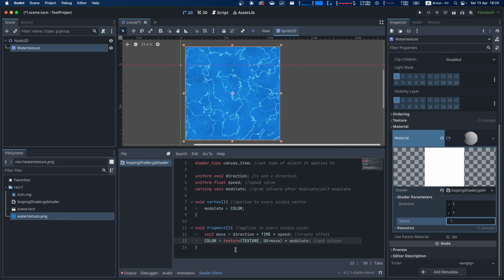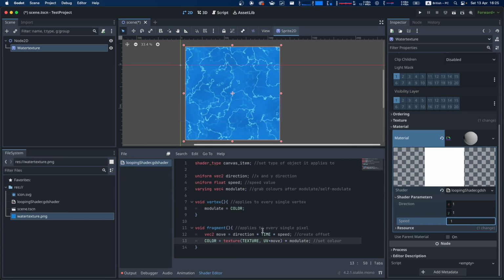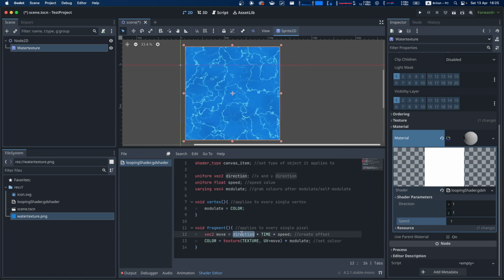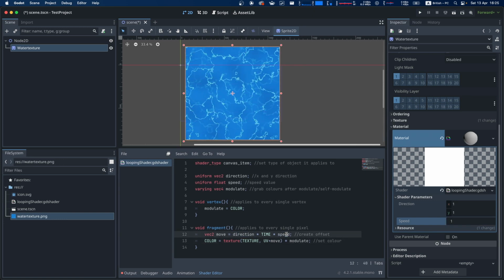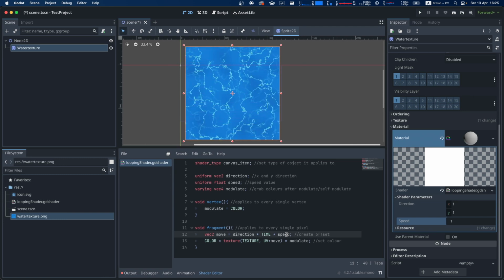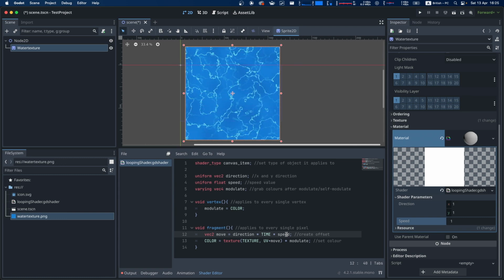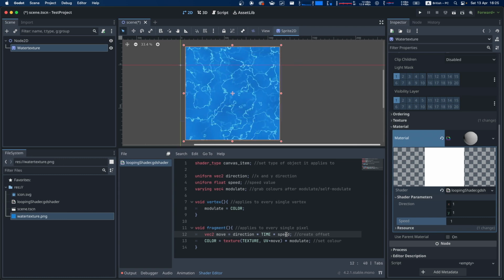This is because we're not actually storing the time as a value. We're grabbing the time since the scene started and then multiplying it by the direction and the speed. It doesn't actually know the position of the previous frame. It's just applying it to the time since the scene started. So that's one of the only limitations of this. Now I'm sure there's multiple ways you could adapt this script to not have that problem.